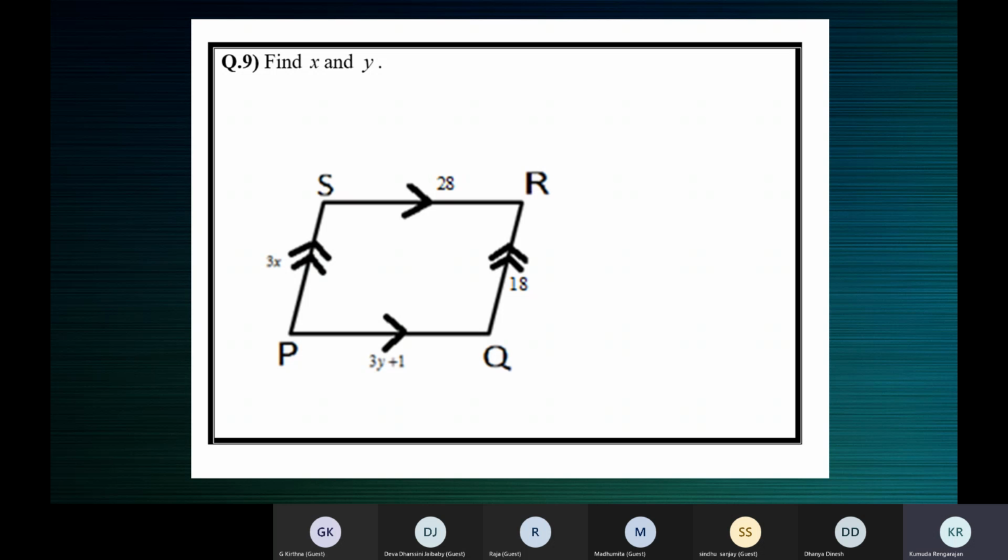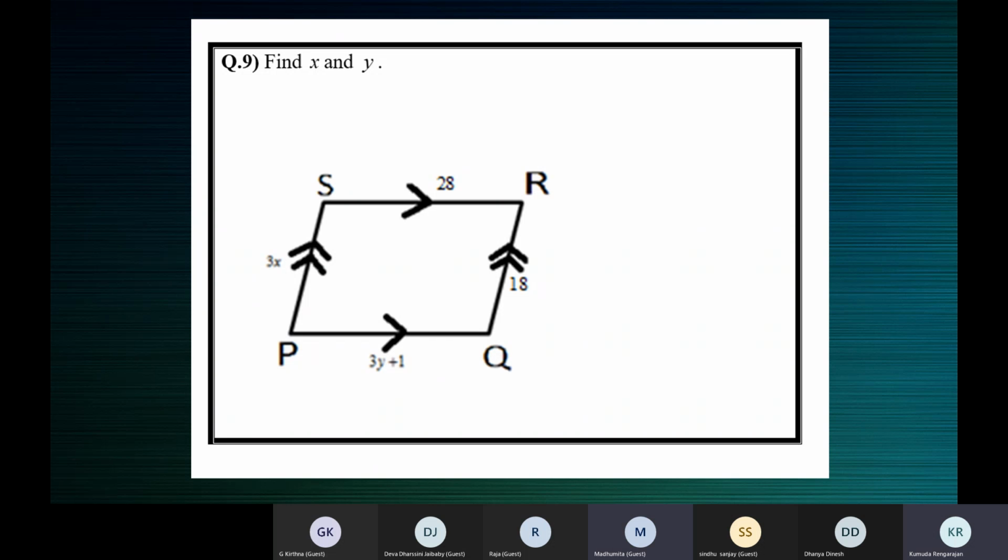Now you have to find X and Y, children. X and Y here are not angles of the parallelogram. You can see nothing is given about the interior angles. Tell me, how will you find X and Y? Don't use any angle based properties. You know nothing about the angles in this figure. You have some information regarding the sides.